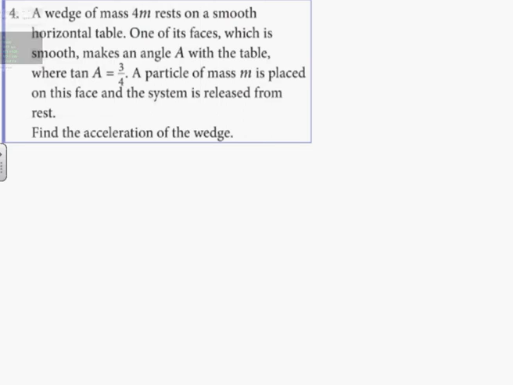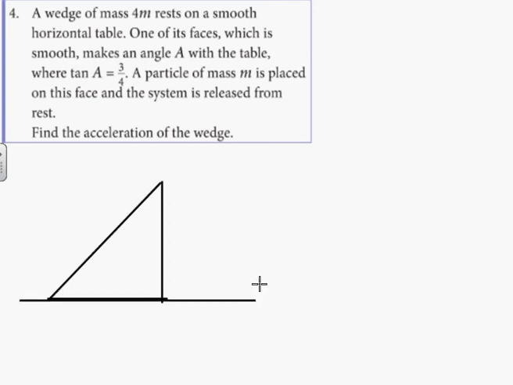We have a wedge of 4M that rests on a smooth horizontal table. So you're talking about your wedge here, which is always a triangle, and then it rests on your table like so. One of its faces, which is smooth, so smooth straight away means no friction, makes an angle A with the table. So angle A, where tan A equals